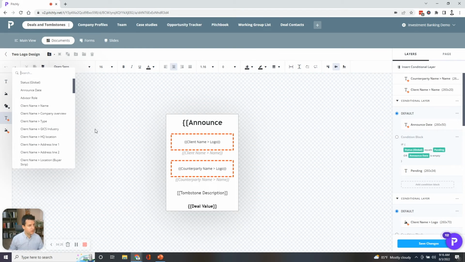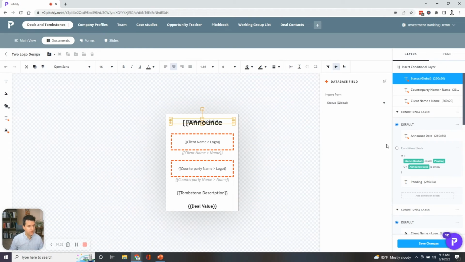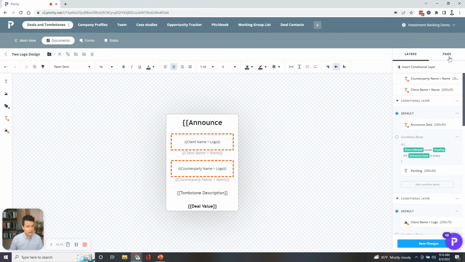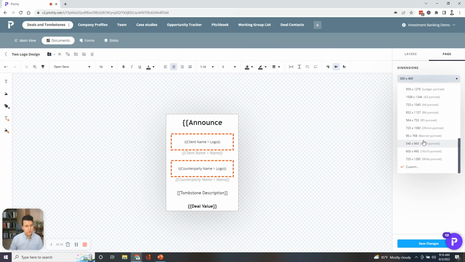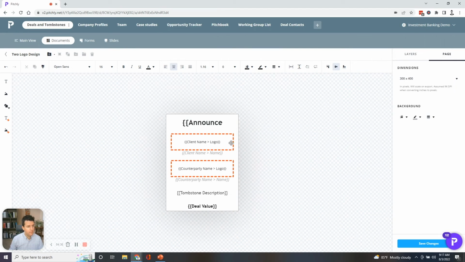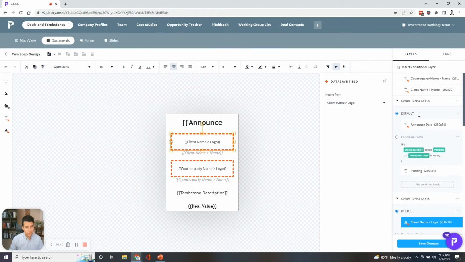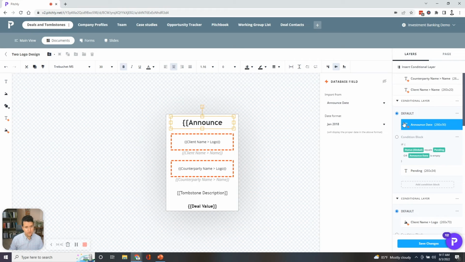So from Pitchly, I can now grab the different field types. I can adjust them as needed on screen. I can actually now manage and create different canvas sizes as well. So you can modify different types of content. And then I can create rules. And the rules here are some of our secret sauce that allows one of our customers to manage 16,000 content assets with one template for different currencies, different languages, and different